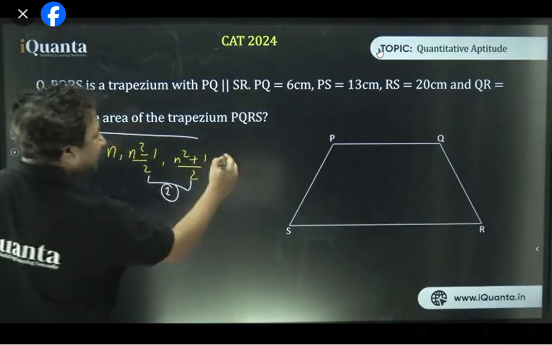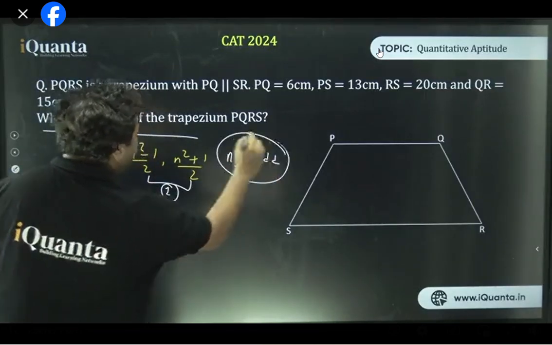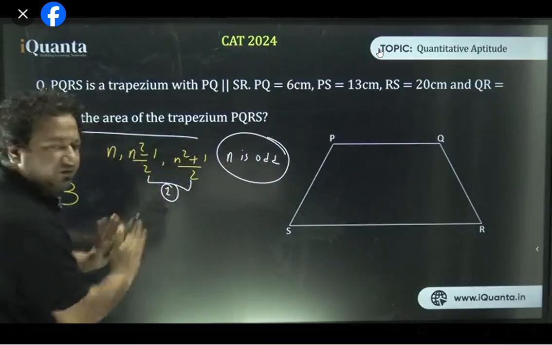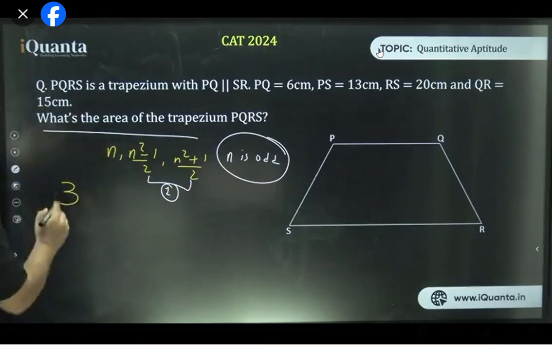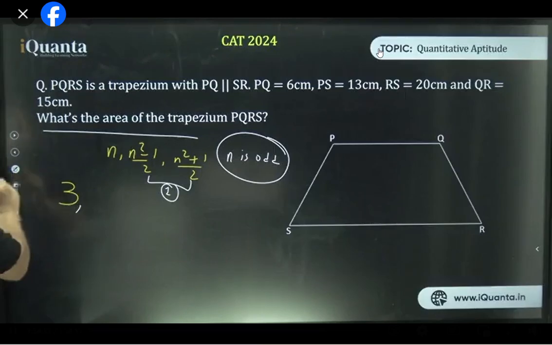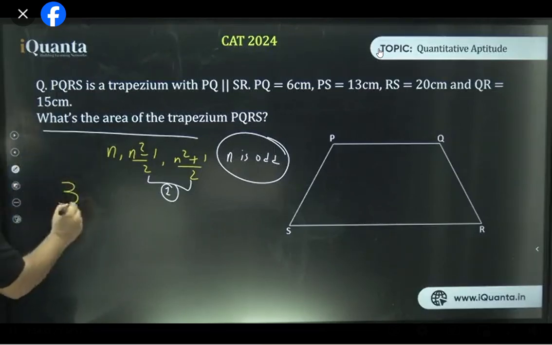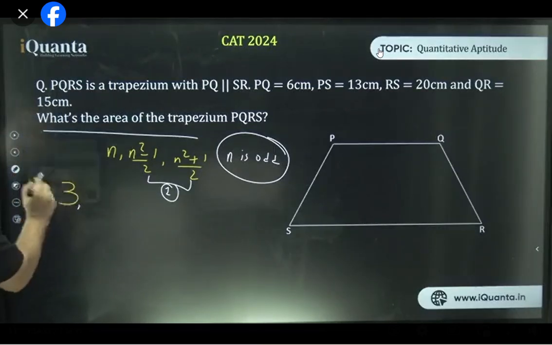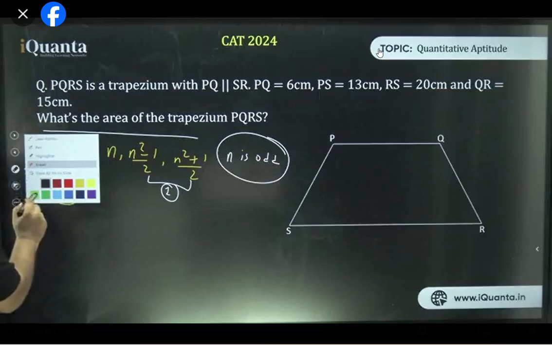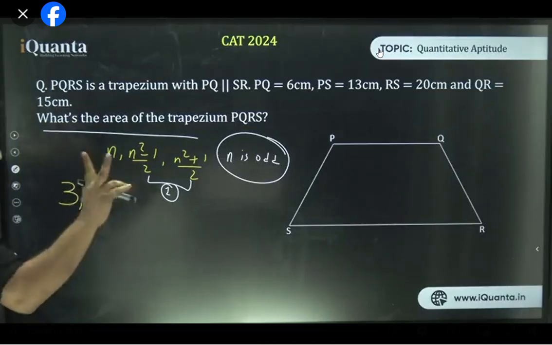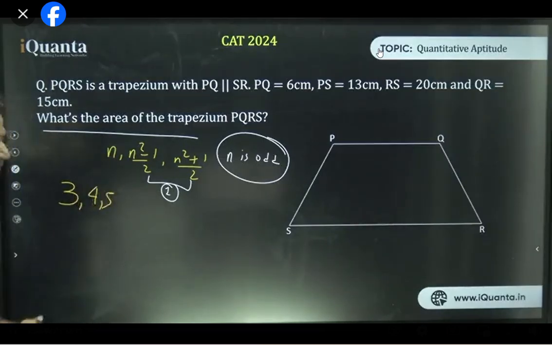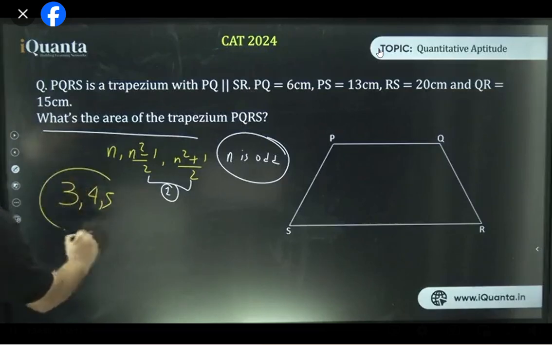That means, and this will be used when n is odd, when n is odd, the difference between the other two sides will always be 1. Nothing else. Right? 3 square is 9. I want you to break 9 into two parts such that they are 1 unit apart. This is 4 and 5. 4 plus 5 is 9. Yes or no? This happens to be a triplet.